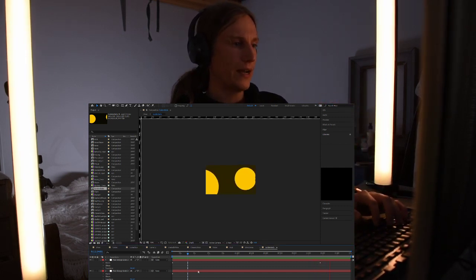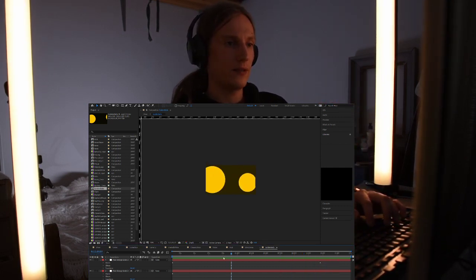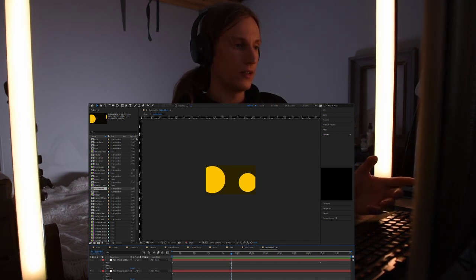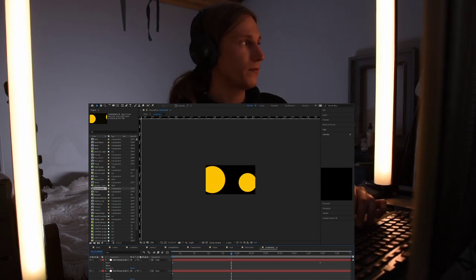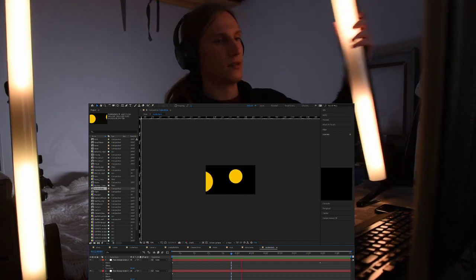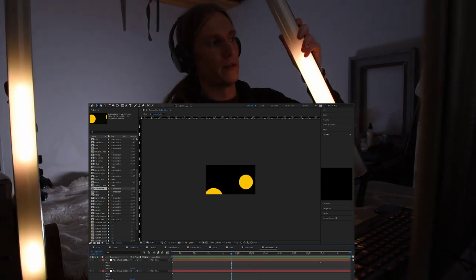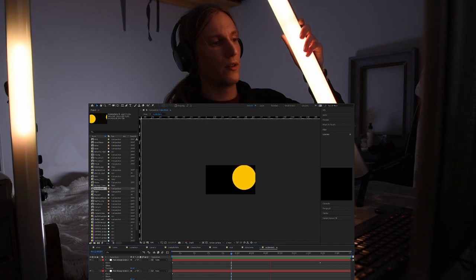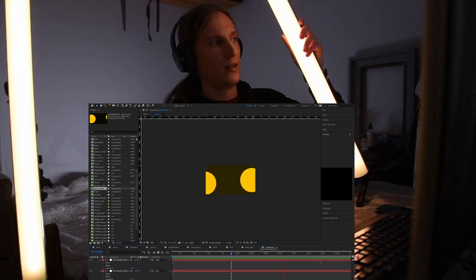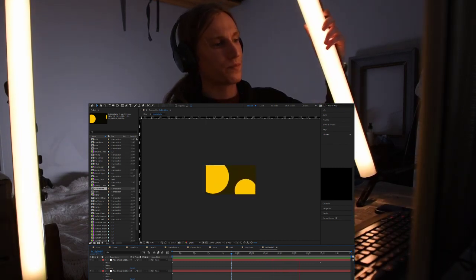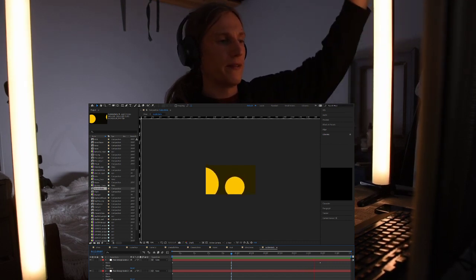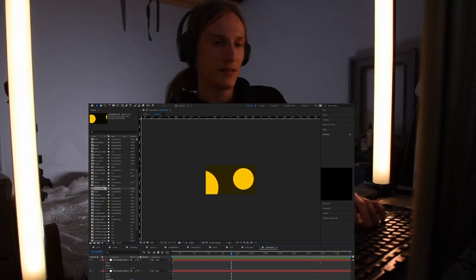Because of my background, I can't really see the effect right now. So if I want to see the effect, I can just turn my background off. And now you can see the effect a lot better. I turn the background off, I don't like it, I can turn the background back on. So really easy way to make effects. And this is how we